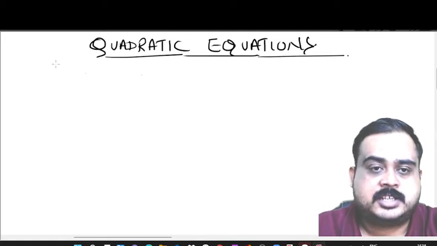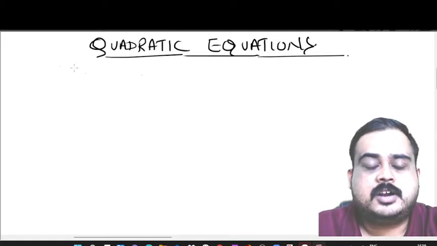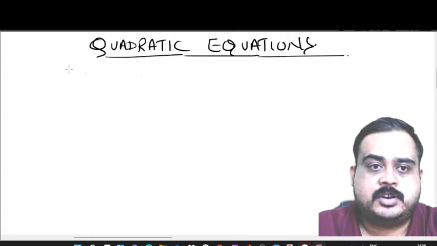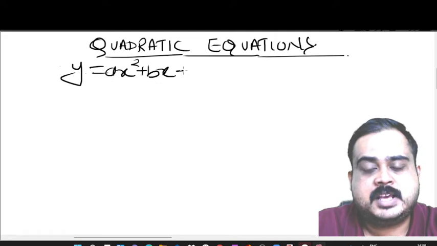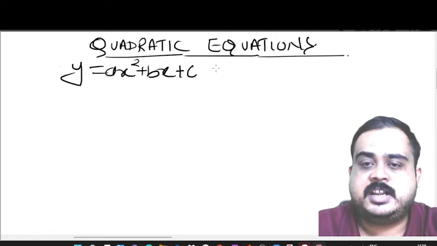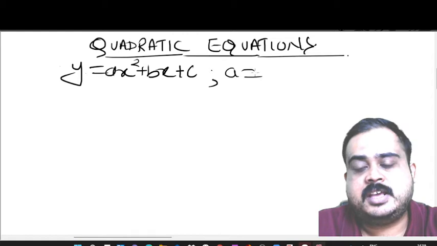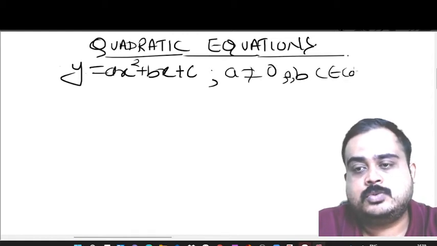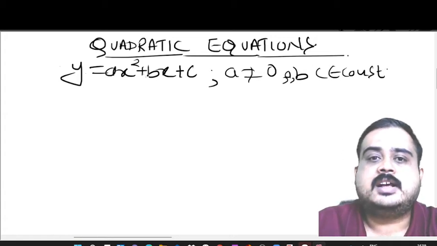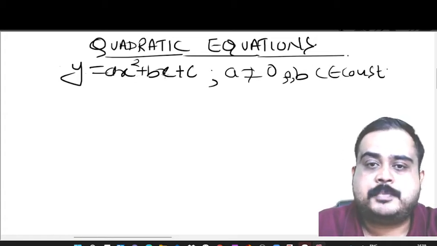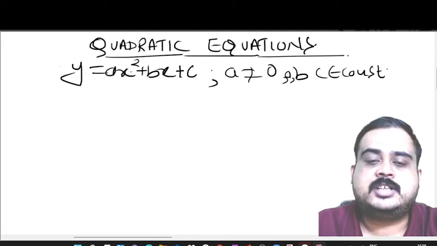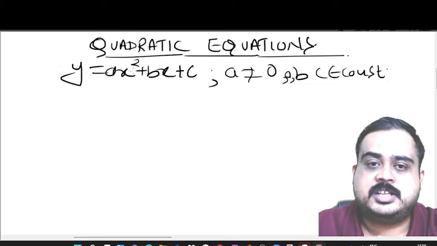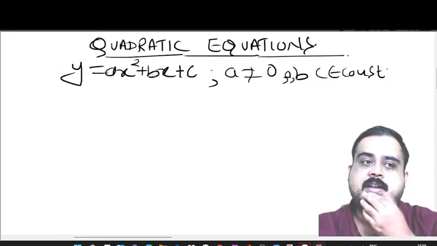As we all know from class 10th, a 2-degree polynomial is called a quadratic polynomial. That is, if I say that ax square plus bx plus c, under certain conditions like a is not equal to 0 and a, b, c belong to constants, will constitute a quadratic polynomial. Why is it a quadratic polynomial? Because the maximum power raised to the variable in this expression is 2. Therefore, this is called a quadratic polynomial